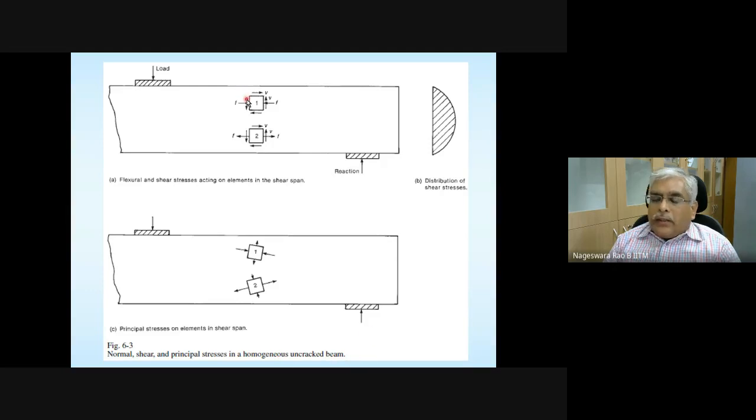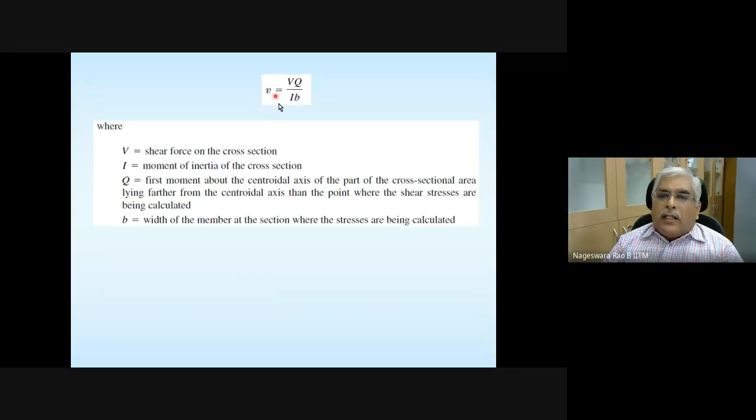Once you know the shear force and bending moment at any point along the length of the beam, if you select a section, along the depth of that section you can estimate the shear stress and the bending stress, which is also called normal stress. How are we going to calculate shear stress? That is what I asked you to go and revise from your mechanics of materials background. I don't know whether you have done it or not.